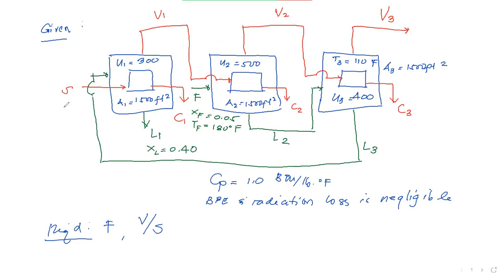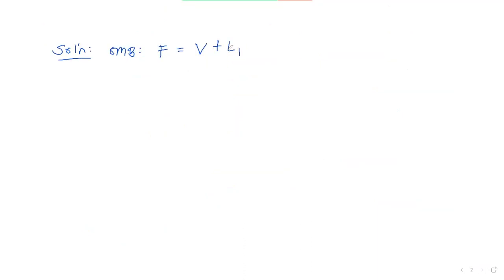So in this case, as described in the problem, your final product is withdrawn in the first effect. So don't commit the grievous mistake of writing L3 here. Your final product is L1. And so far, all of these are unknown. I'm referring to the streams. So this will be our first equation.